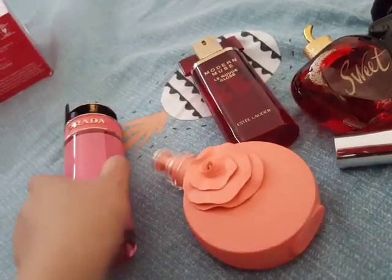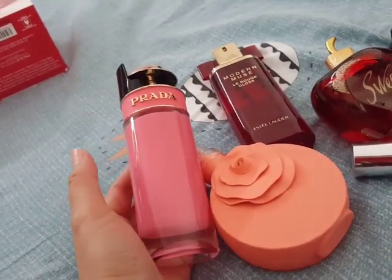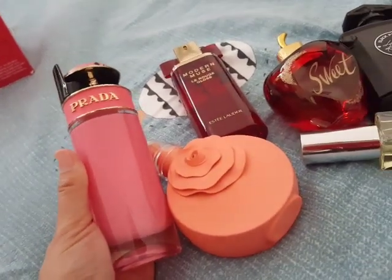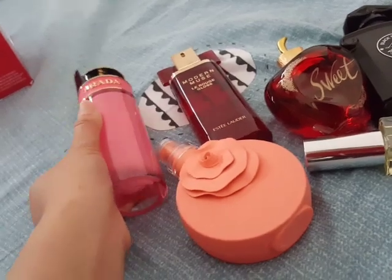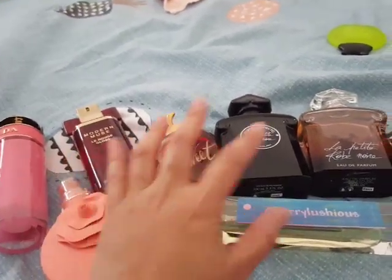And the most recent one I got my hands on would be this one, the Prada Candy Gloss. And Prada Candy Gloss, like I've reviewed before, this is like a cherry dipped in icy sugared water. It's a very wet kind of cherry. So out of all these cherry, 1, 2, 3, 4, 5, 6, 7,